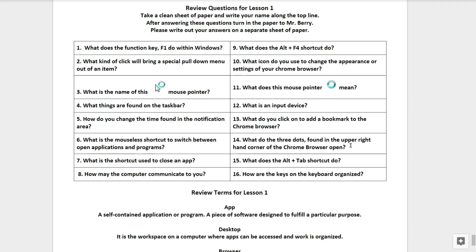Number 14. What do the three dots found in the upper right-hand corner of the Chrome browser open? Question number 15. What does the Alt-Tab shortcut do? Number 16. How are the keys on the keyboard organized?